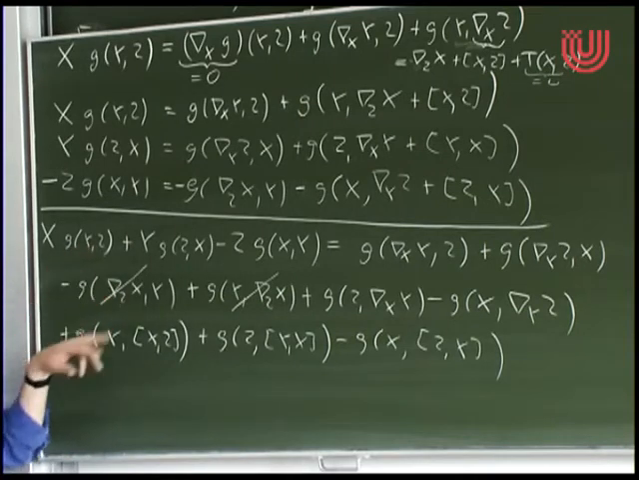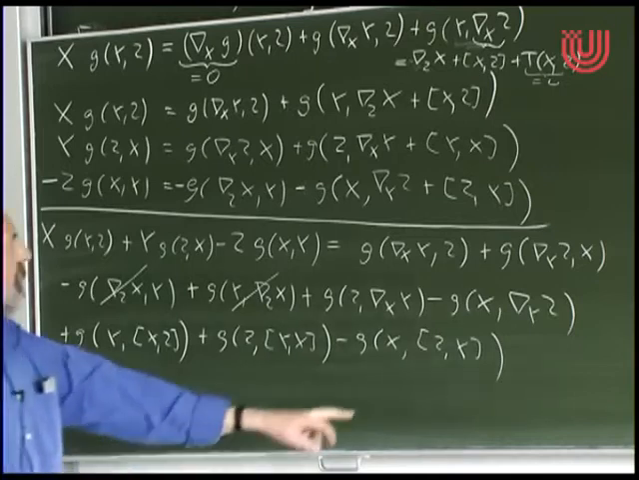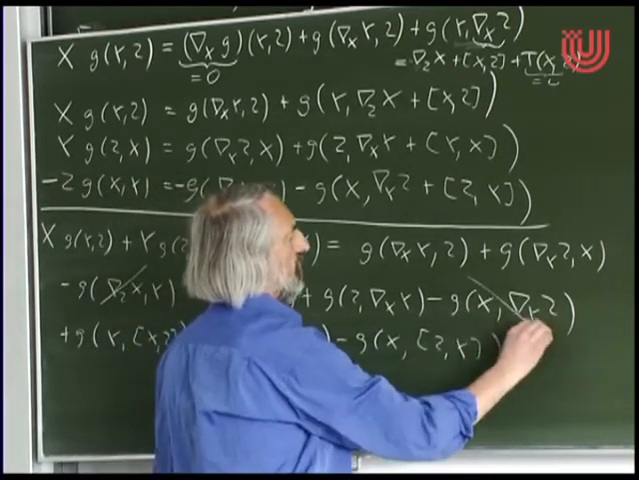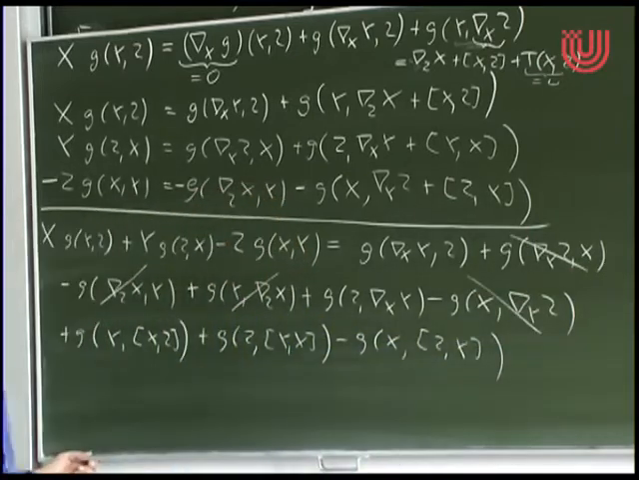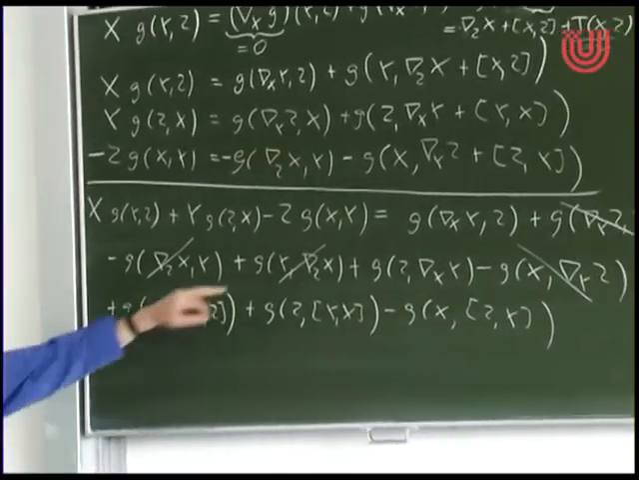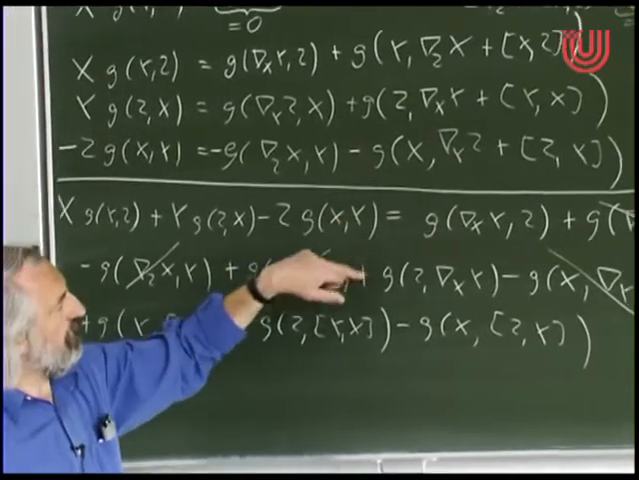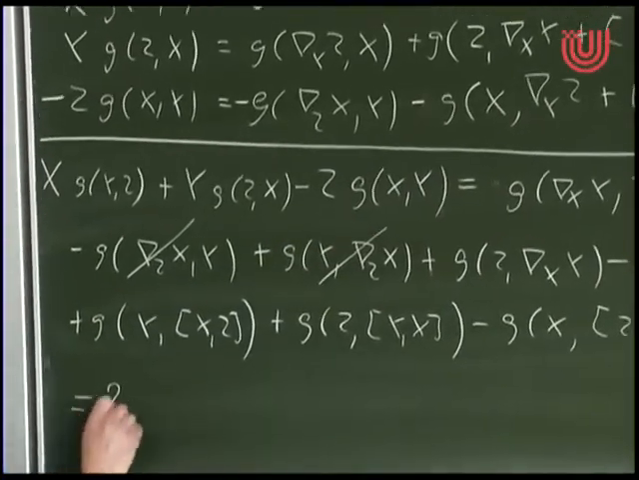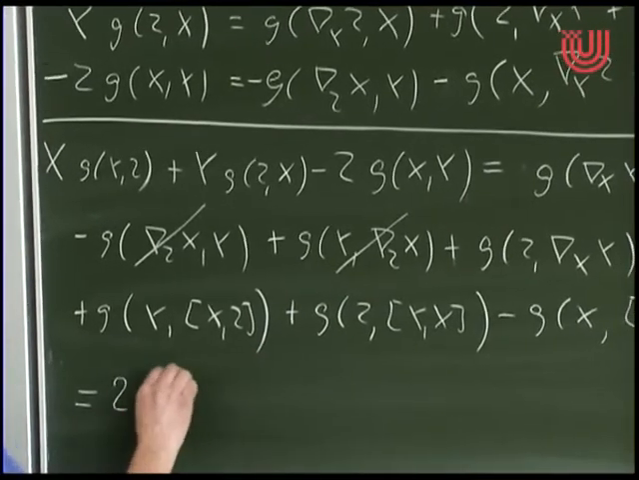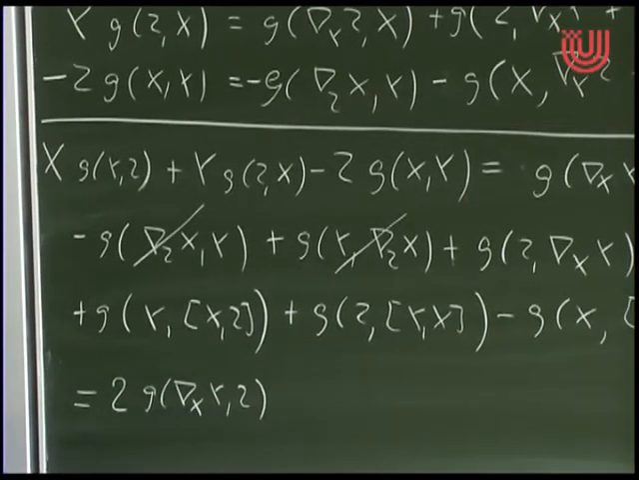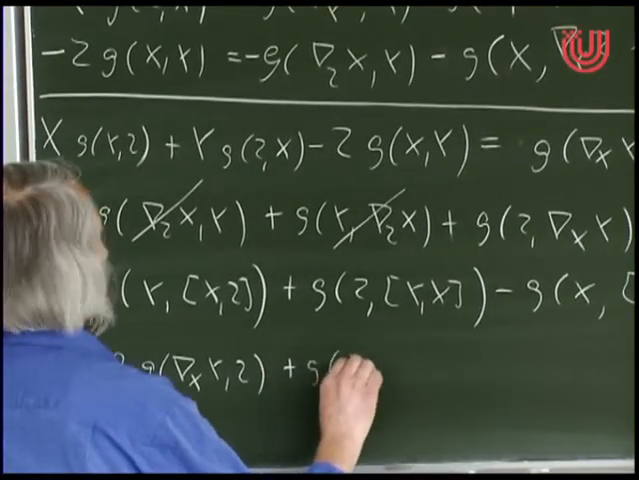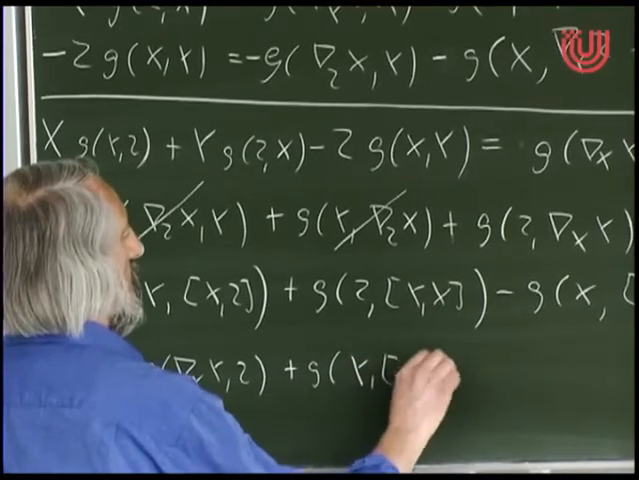Yeah? G is symmetric. So these two terms cancel, and hopefully this also cancels again. Yes, against this here. So these also cancel. And now I can solve, and this is two times the same, right? I can solve for this expression. So, let me continue here. So I get 2 times g(∇_x y, z), and then only the Lie bracket terms, plus